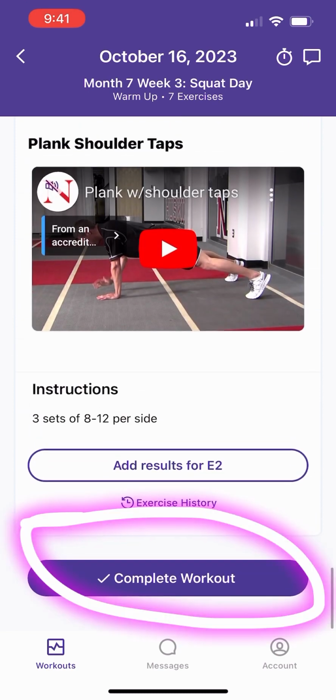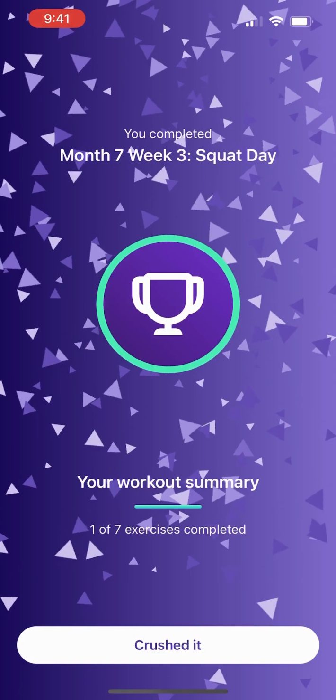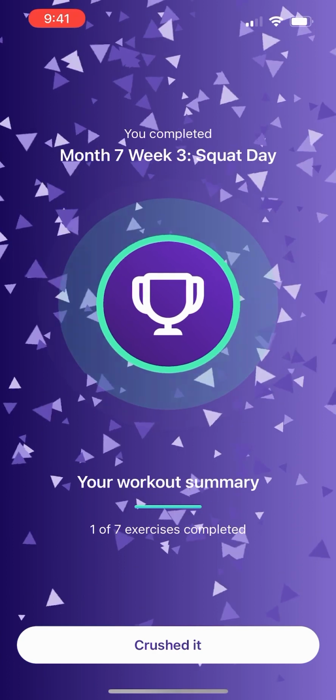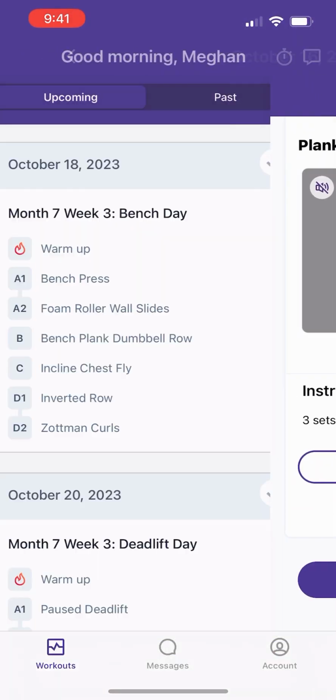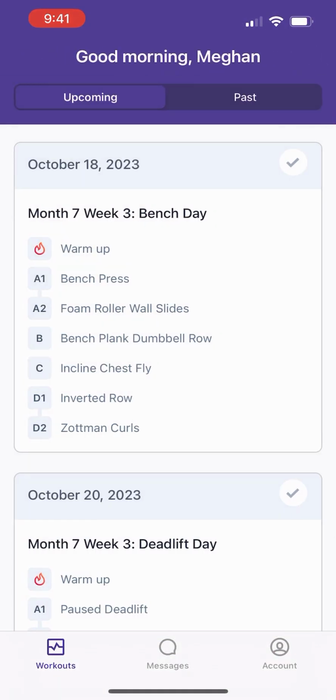So I've now completed all of my workouts, and I'm tapping that complete workout button at the bottom, and I get that fun party screen that says I crushed it and I'm done with my workout. So that's the quick tutorial on how to actually just enter information into TrueCoach, but here's a couple other features